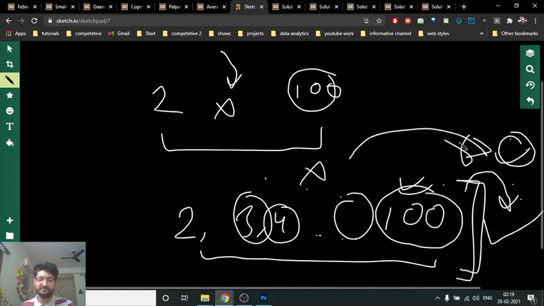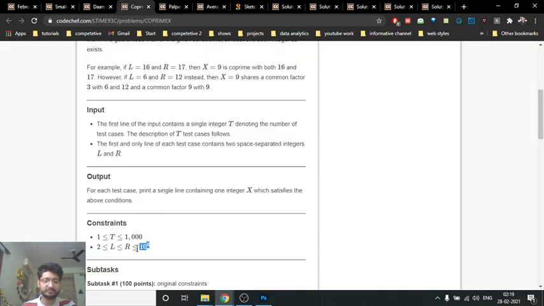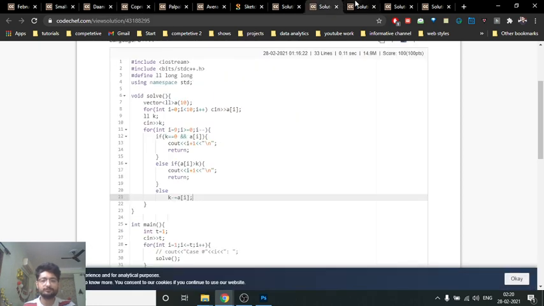So you can just create a sieve for finding all the prime numbers in the range up to 10 to the power 9. This is a very large number, but as you can see, this is 10 to the power 6. So what you can do here is find all the prime numbers between 2 and 2 into 10 to the power 6. Okay, just doing some extra work. Just make a sieve of all of those numbers, and whatever range you are given, let's assume 2 till 1000, you should just find the next prime number after 1000, and that's the answer. So that's what I've done in this solution also.